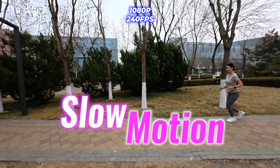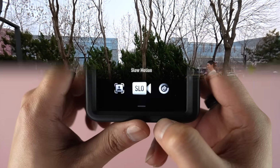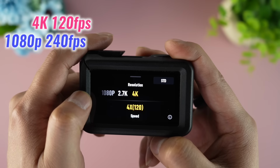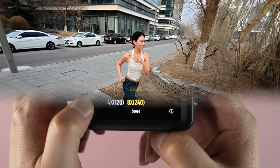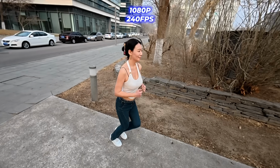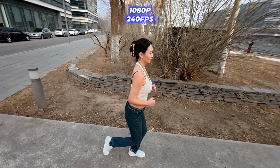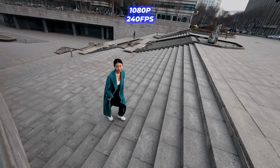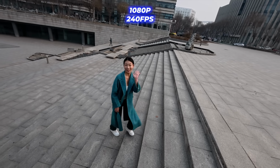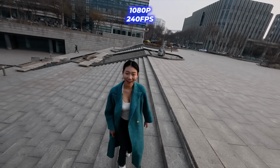The DJI Osmo Action 5 Pro pushes slow motion recording to the next level with 4K at 120 fps and 1080p at 240 fps, delivering crisp, smooth footage that captures every detail of fast-paced action. Unlike many action cams that limit slow motion to short bursts, the Action 5 Pro offers unlimited recording in high frame rate modes. Extreme sports, cinematic moments, or creative shots can be captured without time constraints cutting them short, beyond